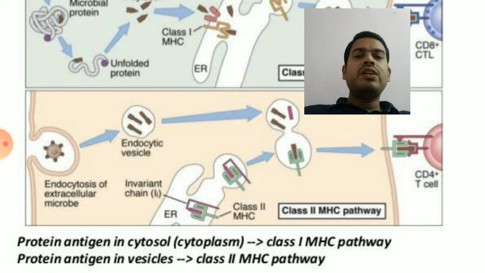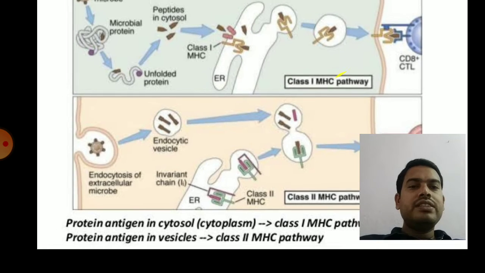So in class 2 MHC molecule, the engulfed exogenous antigen is processed by the endocytic pathway, where you can clearly see the peptides and the class 2 MHC molecule coming out of the endoplasmic reticulum, and the vesicle which contains the processed peptides will bind with the class 2 MHC molecule, where it is presented on the transmembrane region and presents the antigen to CD4 receptor containing T helper cells. So you can clearly see the difference.